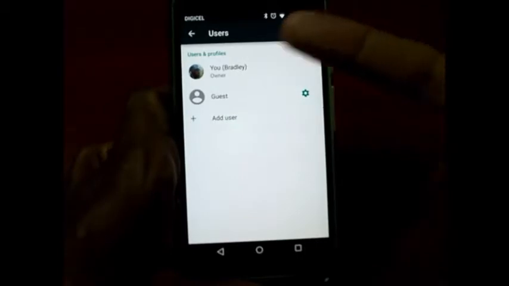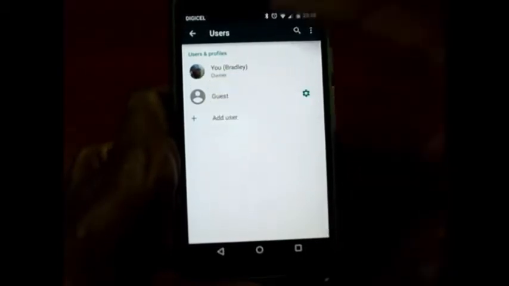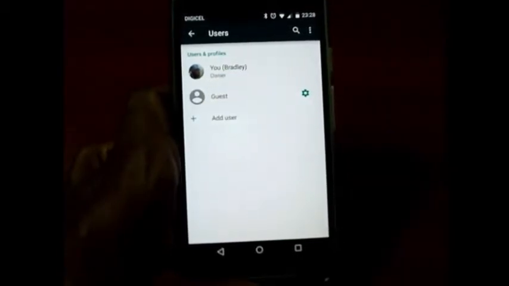I'm the owner here, but I can also set a guest. I can add another user, so I can put my daughter on. Today, she took my phone and said, "Daddy, can I borrow your phone?" I said, "Sure, my girl, go ahead." I asked her, "What are you doing?" She said, "Nothing, Daddy, nothing." And then I decided to go into the room and look at what she's doing,